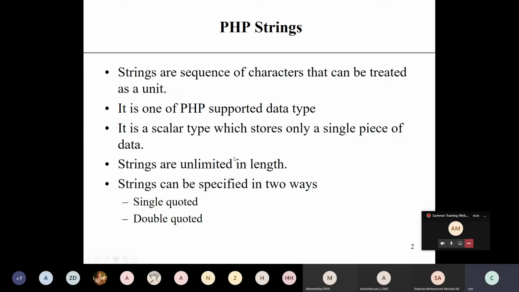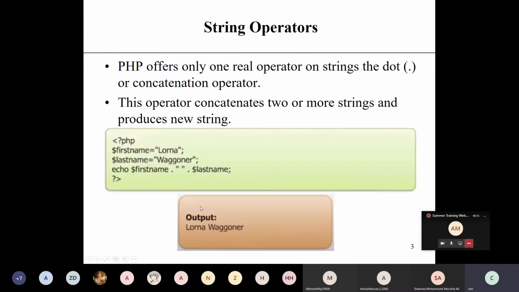In PHP, you can initialize strings in either single quotes or double quotes. This is the variable name, and we are using the dot operator for concatenation. We saw this example yesterday also, so I'm not running this program.